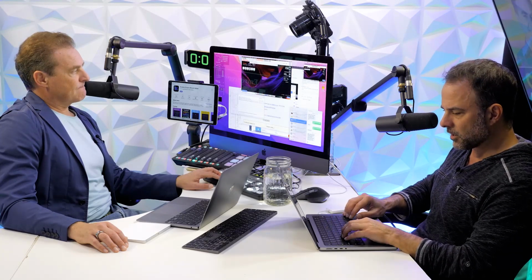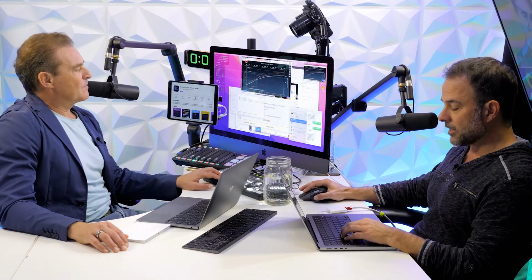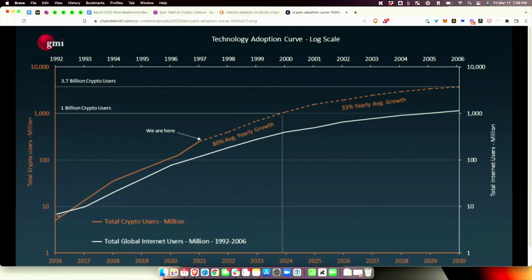Have you ever seen the overlay of the internet adoption versus crypto? Okay, so this is the technology adoption in one curve. There you go. Yeah. So look at this white line. This is the global internet user adoption from 1992 to 2006. So you went from about 8% up here in 1992 to